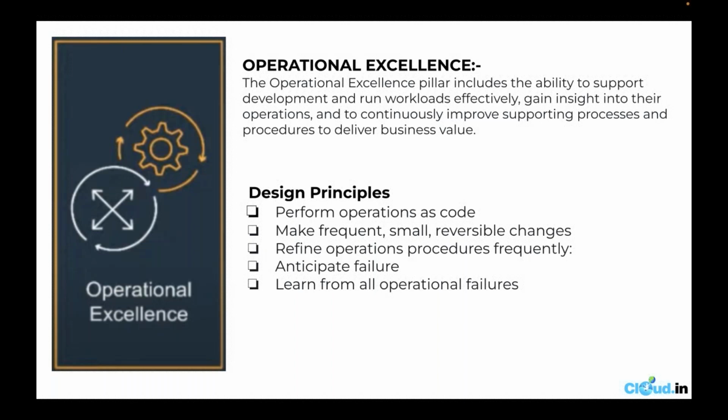There are dedicated services for this in AWS, so you can make use of them and optimize the operational aspect of the AWS account. Then automation is one point, where automation involves